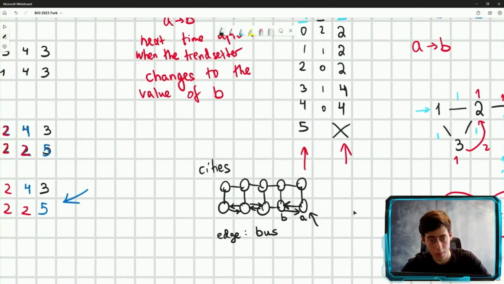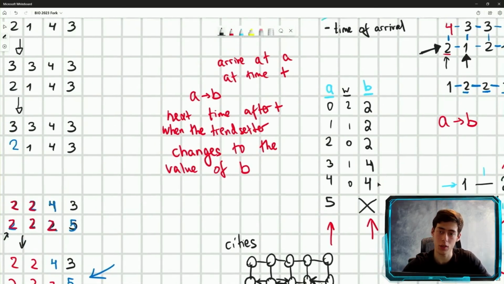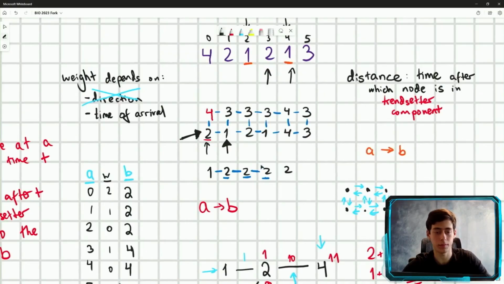So that's a similar problem that came to mind when I was explaining this. In this problem with cities and buses, this edge weight definition is a bit more natural, whereas what we're doing in the spies problem is slightly more artificial, slightly more forced in a way. So what we've been talking about this whole time means that we can run Dijkstra's algorithm